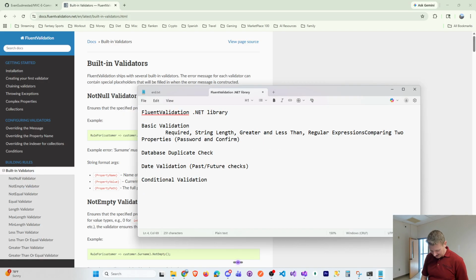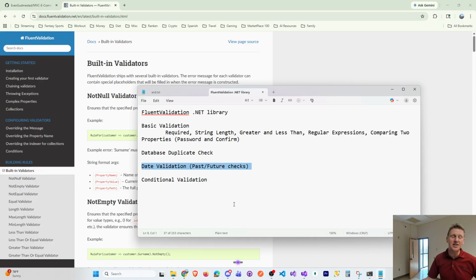properties. And so there's some things that we've been able to validate so far with attributes on the model that Fluent Validation can also handle for us. But then there's some other things in addition to the data validation that we're already able to do. And so we're actually able to hit the database and determine, does this product already exist or does this user already exist? Working with date validation and determining,